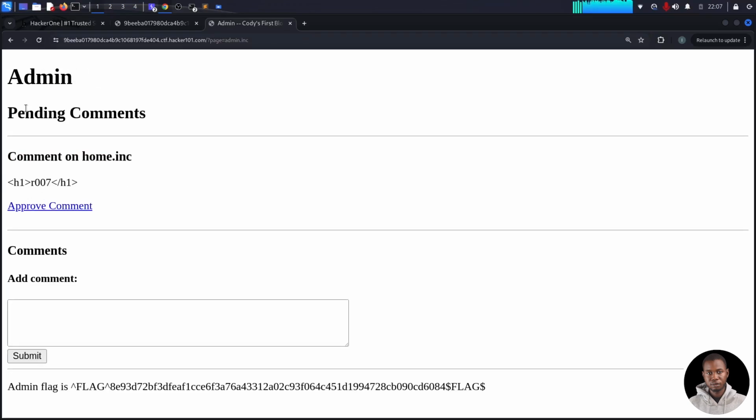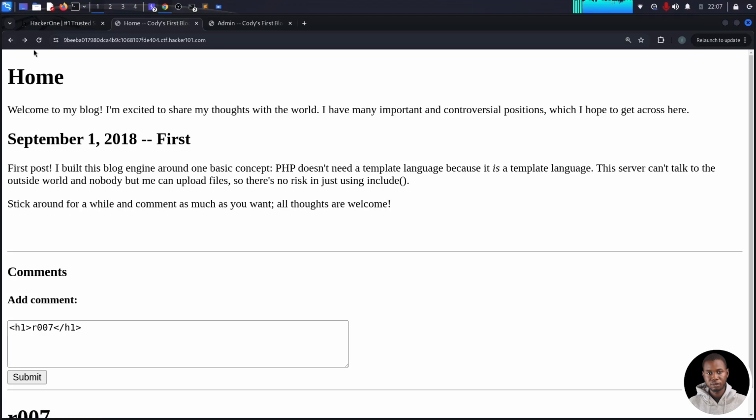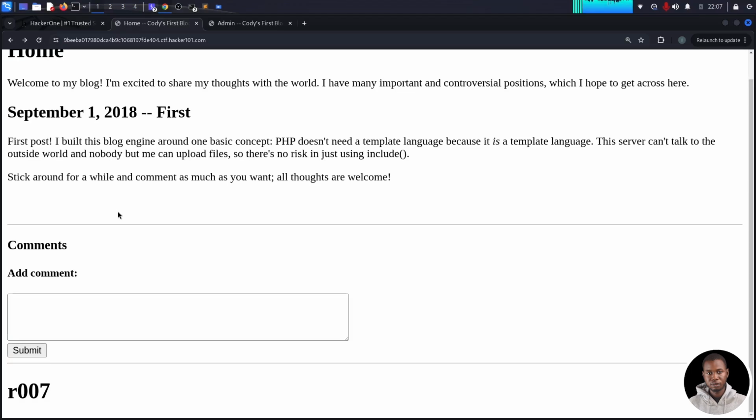So you can see that we are in the admin panel already, and we have a pending comment on home.inc. And this was the code we injected into the comment section. So we can actually approve this. And when we approve this and head over to the home page, go back and reload this page, you see that the R007 gets reflected on the page,